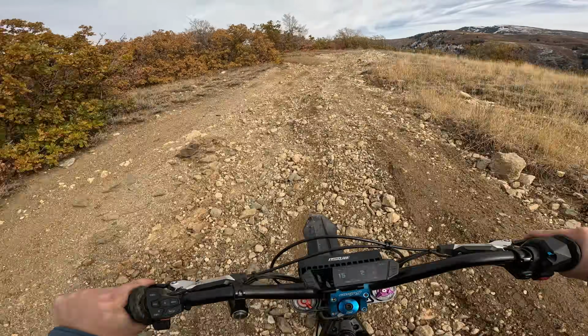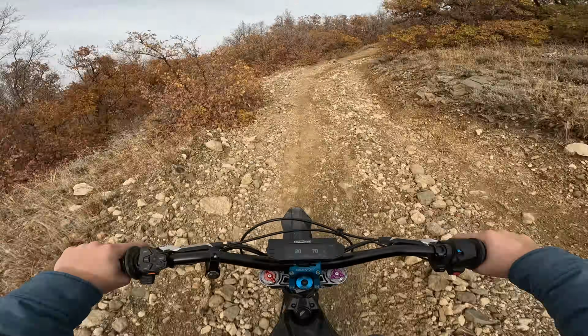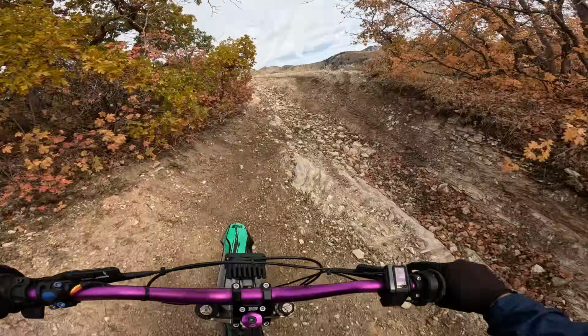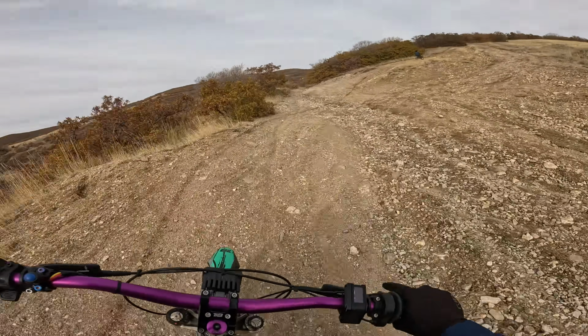I'm really excited to try the 228 mil travel once we get it, because that's gonna lift up the front of my bike a little, give me some more travel. I'm also gonna do just a 45 pound spring, make it just a little softer. When you're someone like us that has every different model that there is, and we're always testing and comparing things,